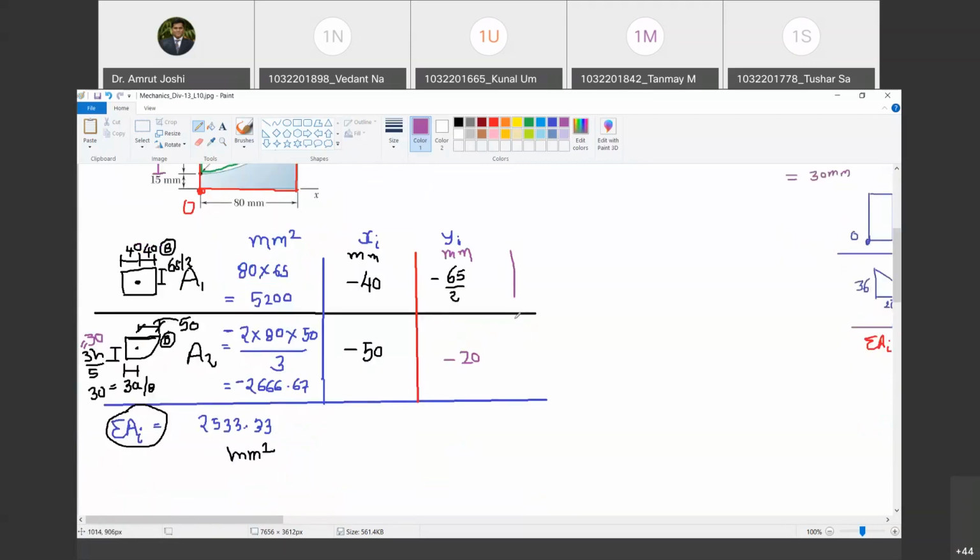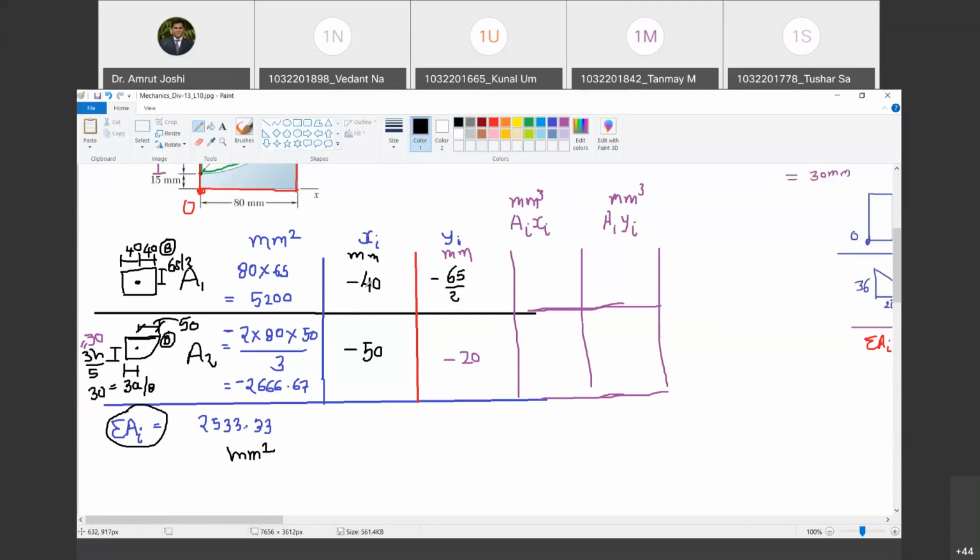Now the rest of the part is very easy. What are we going to do? We are going to take summation ai xi and summation ai yi. But before that, we will have to calculate ai xi and ai yi. Are you with me? So I will write ai xi and ai yi. This is going to be in which unit? Cube. Now you have to take care of the sign as well. Which sign multiplication must be taken? These are signed quantities, not just magnitudes. We have to take the multiplication with sign.